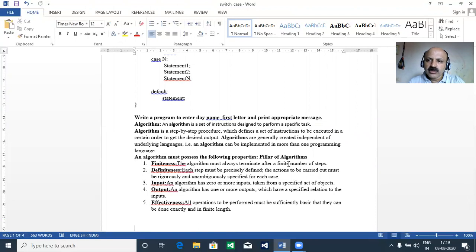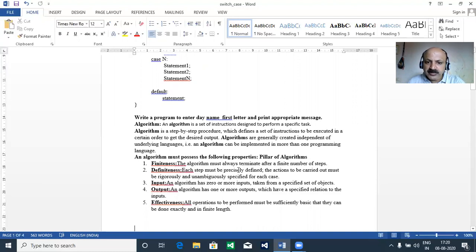If you do not define how many repetitions your loop has, or if you define your condition wrong, then there is the infinite loop concept. So in your step there is finiteness, not infiniteness. So there is some step your process is complete and get some output. So that is the meaning of finiteness. And definiteness,